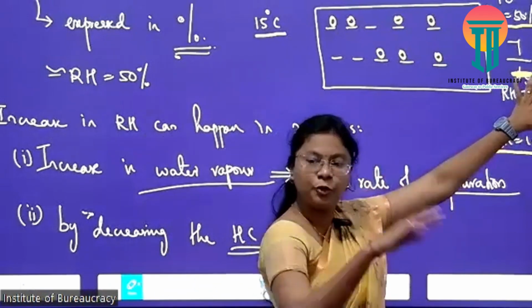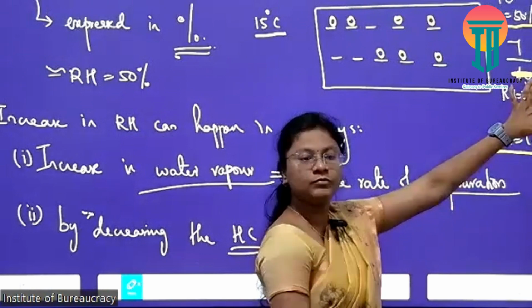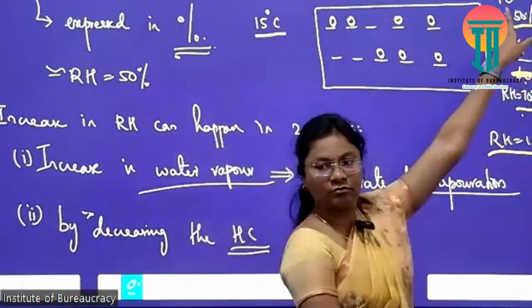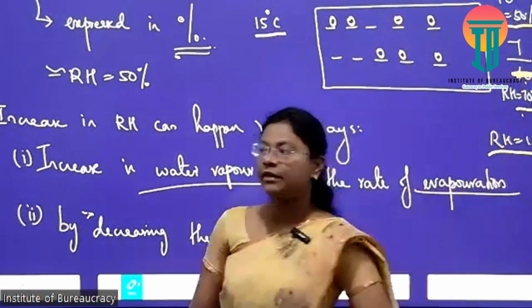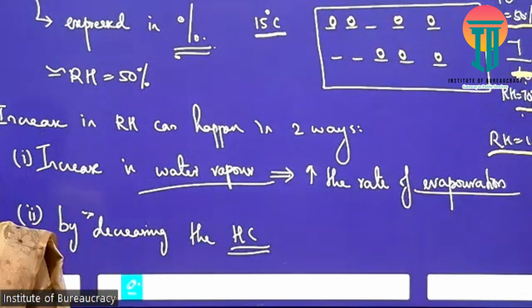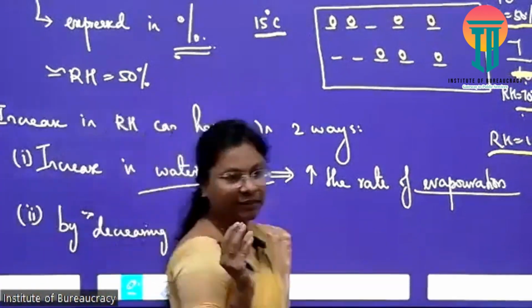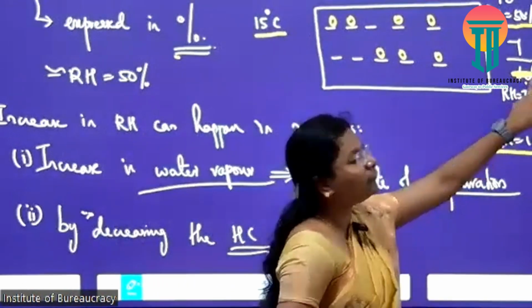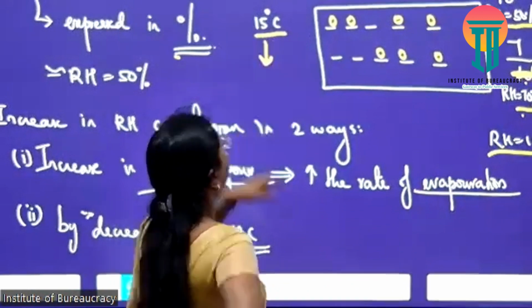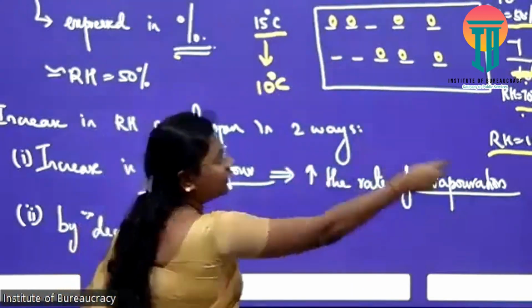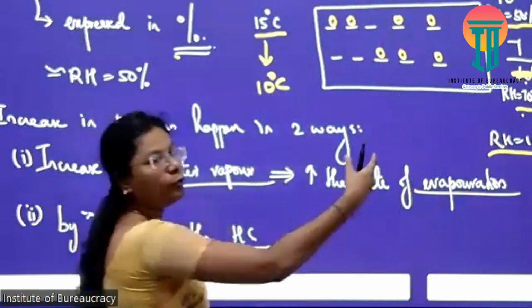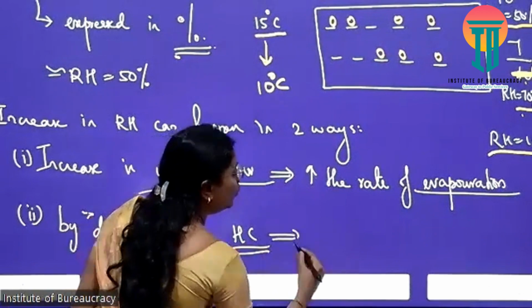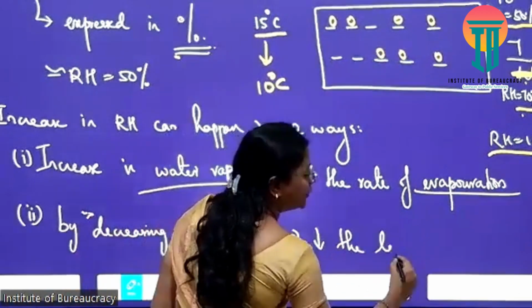Take the humidity capacity table for 10 degrees Celsius. Then put 15 degrees in it. At 15 degrees Celsius it is 10 grams. Instead of grams, I am taking molecules, as weight. Now, for it to change to 7, what is enough? If I change this 15 degrees to 10 degrees, then without changing the amount of water vapor, the relative humidity is reduced. So the second case is possible when you lower the temperature,